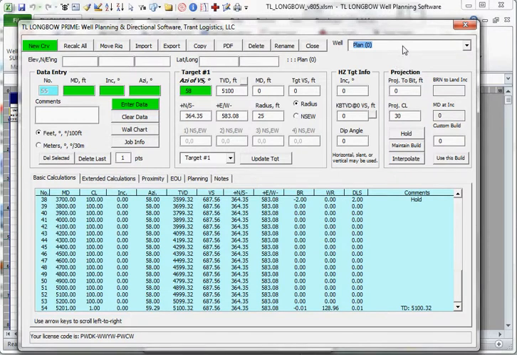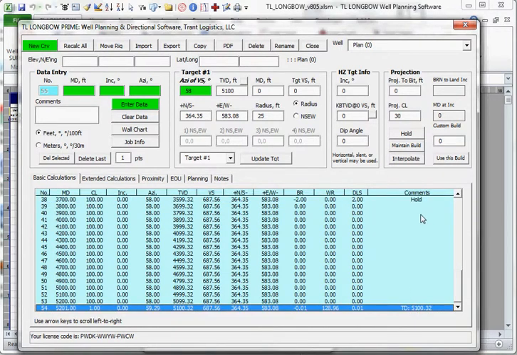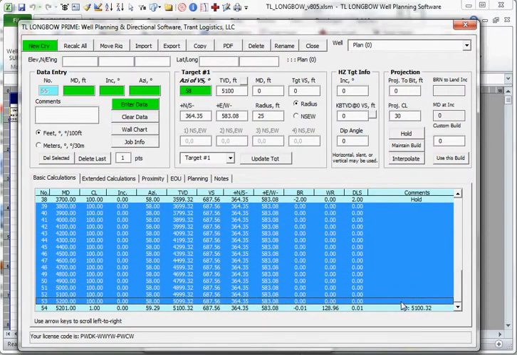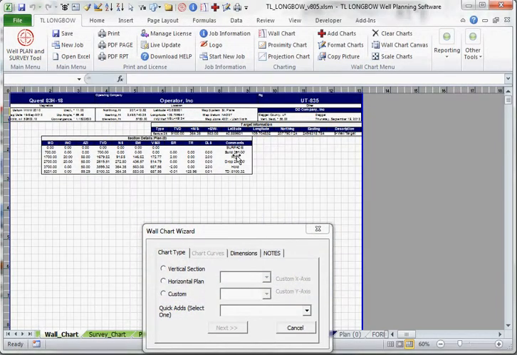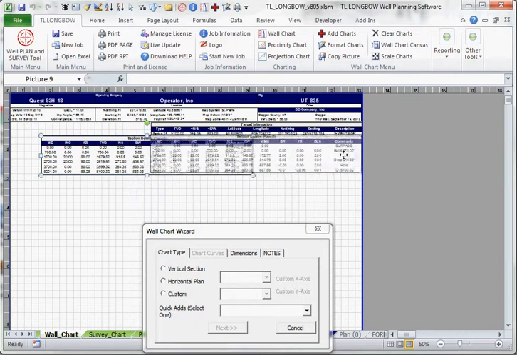If there's multiple curves, make sure the one you want to focus on is the one that's active. It only adds these points that have comments. If there's no comment for these points, they're not added in that section detail. So make sure you add comments, even if it's just a dot, if you want it to show up in